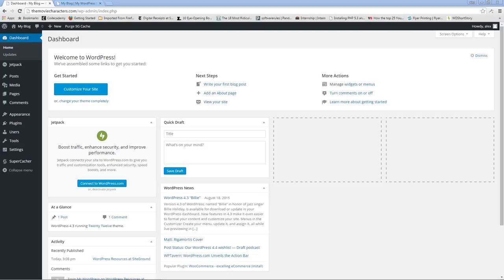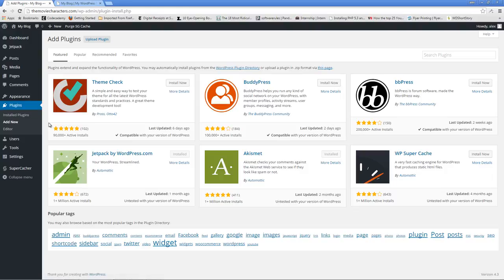Now, in order to add or work with a plugin, I am going to come down to the plugins section right here. As you can see, plugins. I'm going to click on add new, and let's look at some of the examples of plugins that we have. Down here you have a filtering system where you can click on a particular kind of plugin that you're looking for. Let's say, for example, we have one for security down here. We'll click on security,